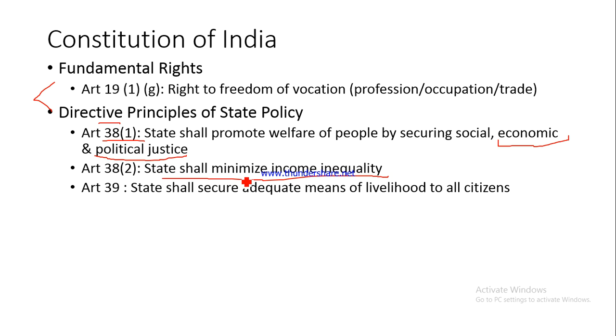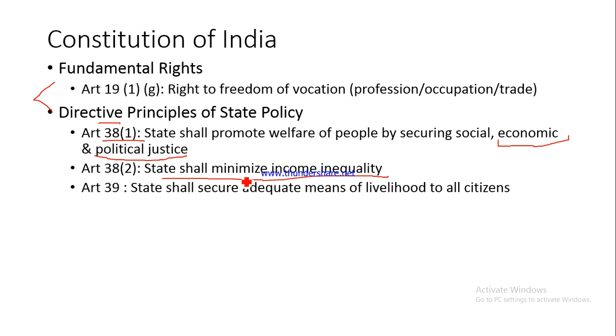I'll give an example. The Mahatma Gandhi National Rural Employment Guarantee Scheme guarantees 100 days of wage employment to every rural family in a particular year, so that every single rural family can be given 100 days of employment, and they may be able to earn at least something. So at least for the 100 days the family is being provided some kind of livelihood opportunity. Is this okay? So this is an example of how the government is trying to secure adequate means of livelihood for all citizens. Then again,